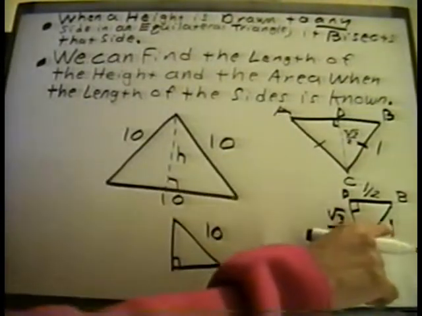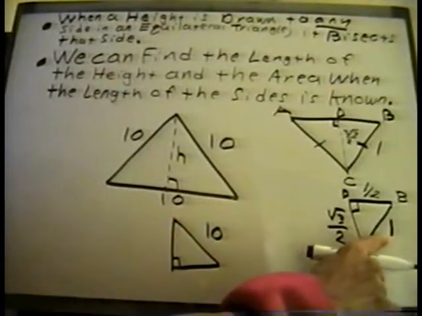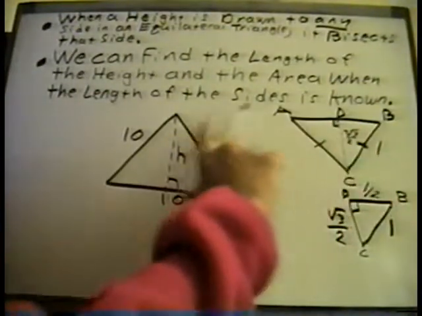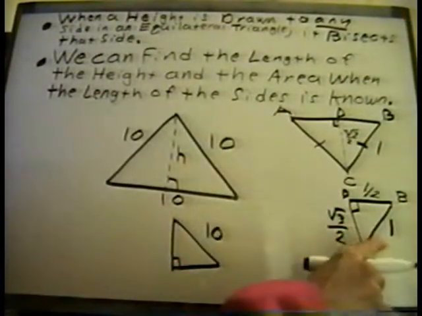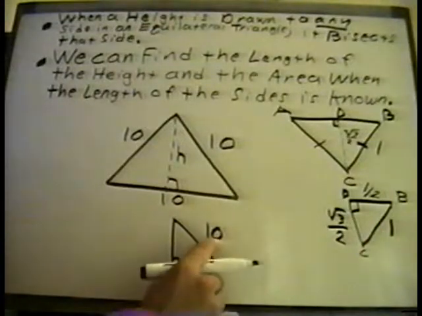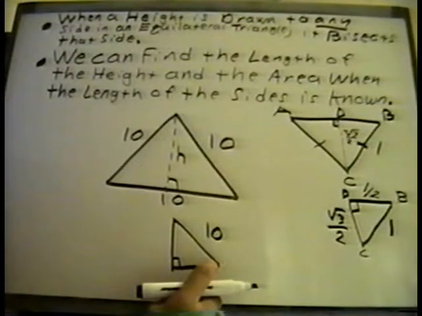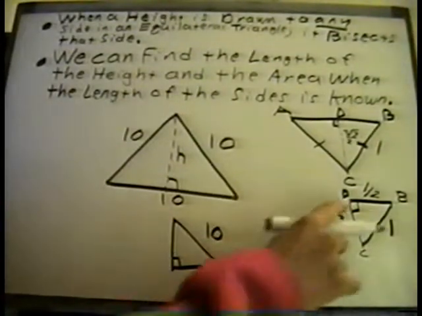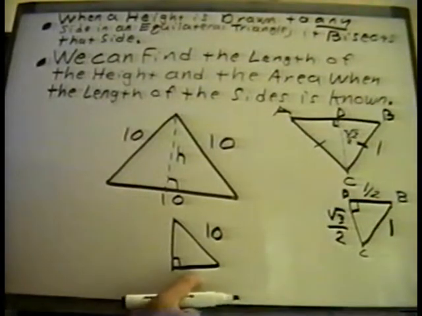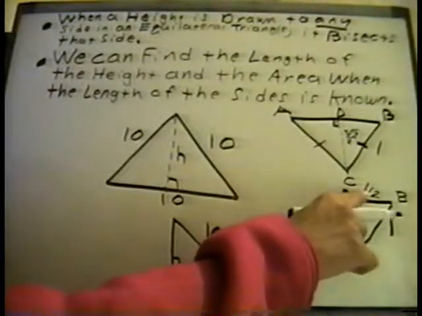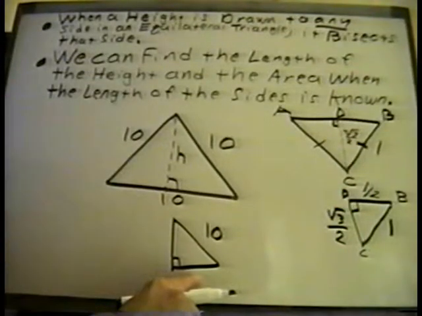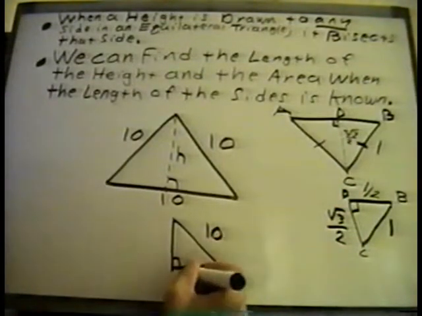Now you plug in your values starting with your hypotenuse, or your side of your equilateral triangle. We plug in a 10 in place of the side. Now here, for this side, which corresponds to half, 1/2 would be 5,